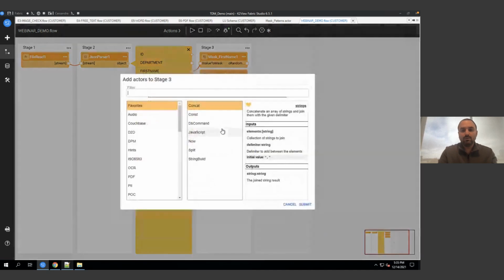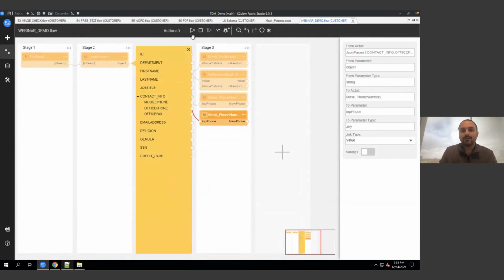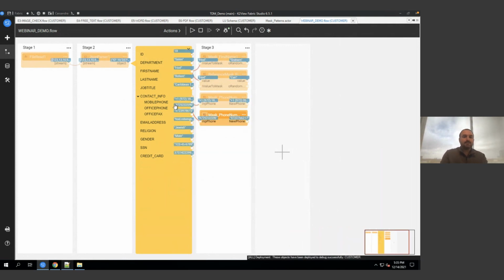So if I bring two phone masking object and I'll connect different lines to it, you can see that the original mobile phone had a structure that includes some non-numeric values like a plus and parentheses and spaces. And the Office phone didn't use just numbers. So the masking object will reserve or preserve the format even after it masks the data. So if here we had